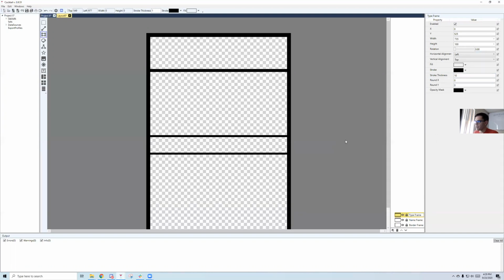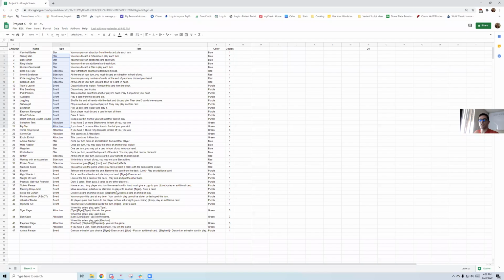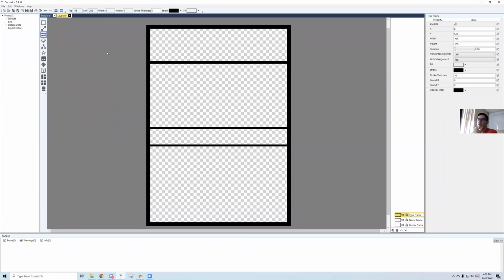Okay, so our card frame is looking pretty good right now. So the next thing we want to do, if we go back to our design file, is put some text in here, right? We're going to need text across the board, right? We need to make sure that the name shows up, the type, all that stuff. So let's go back to our file. And one of the things I need to make sure that we do, sorry about this, is go back to